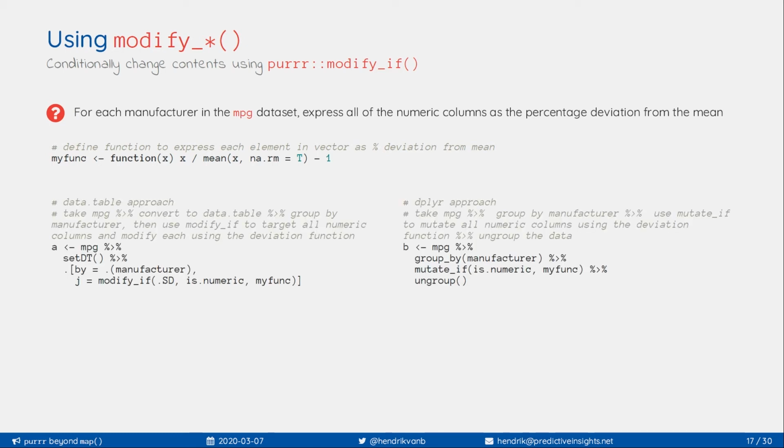And I've got 2 code chunks here. The one on the right, for those of you who are, what do you call someone who likes the tidyverse? Good people. For those of you who are good people, on the right-hand side, tidyverse, this should look fairly familiar to you. On the left-hand side, I've used data.table and modify_if to do exactly the same thing. And I can prove that the results are equivalent. So with modify_if, in some senses, you can bring a little bit of dplyr-esque coding into data.table, if that's your fancy.